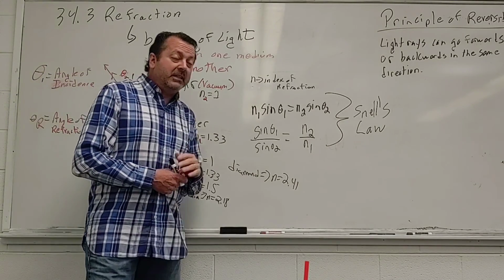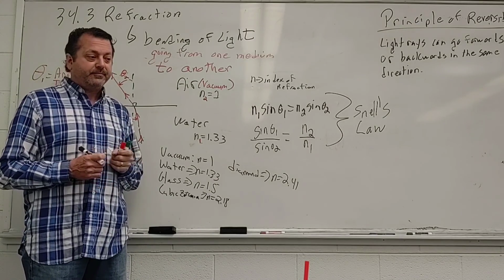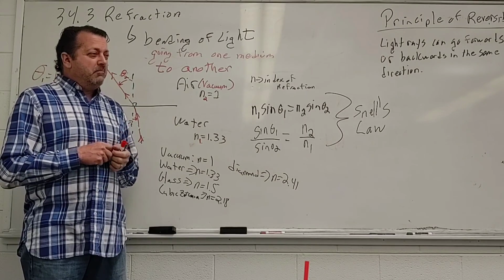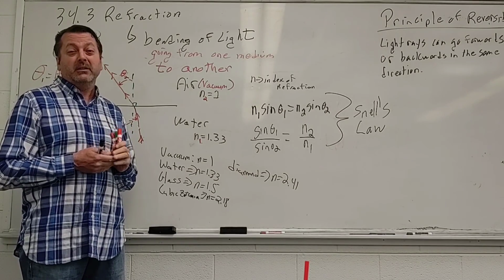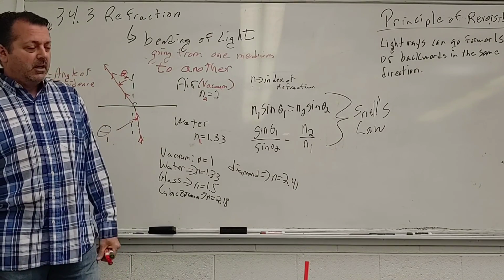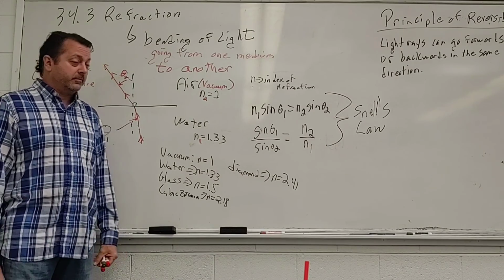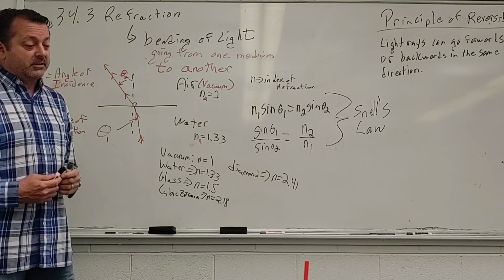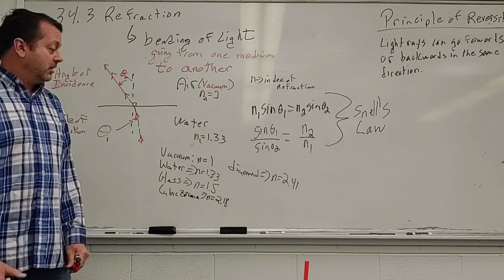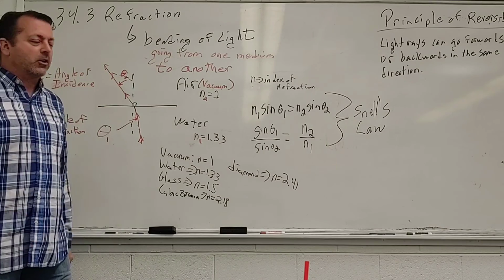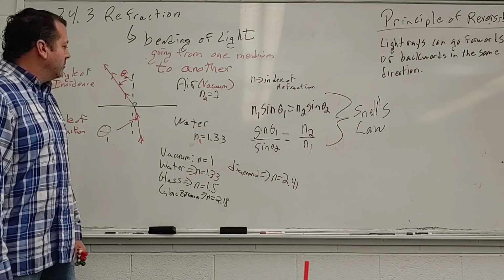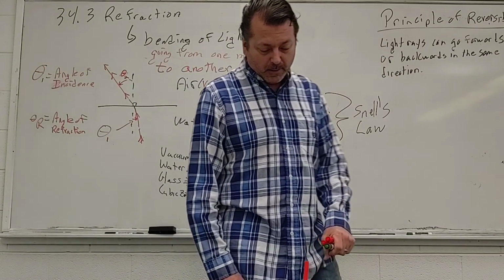Now, could you make diamond lenses? The answer would be yes. Would they be expensive? Heck yeah. Can we make diamonds? Yeah, we can make them. They cleave diamonds or cut the crystals and stuff. But you can make diamond lenses. We'll learn about lenses. Lenses are fat when they've got to bend light more. You wouldn't have to make the lens very fat. It could be relatively just a little bit of curvature on it, if you want to make a lens out of it. But that's index of refraction. That is Snell's law.